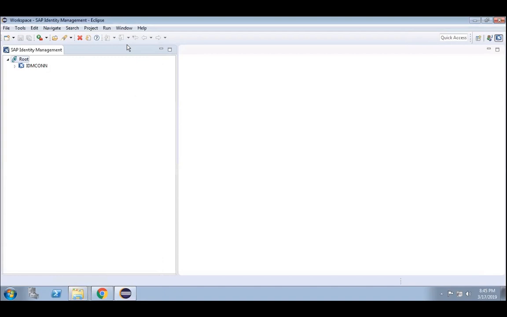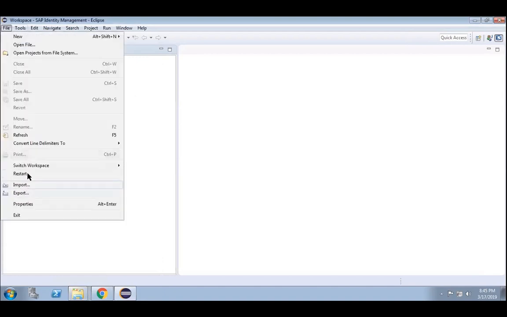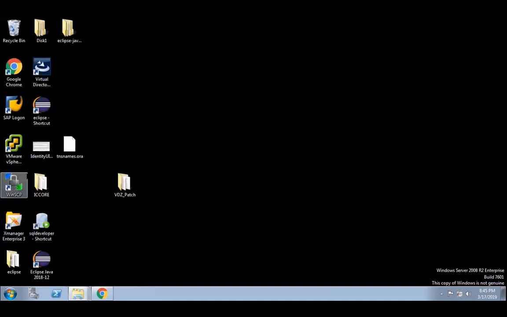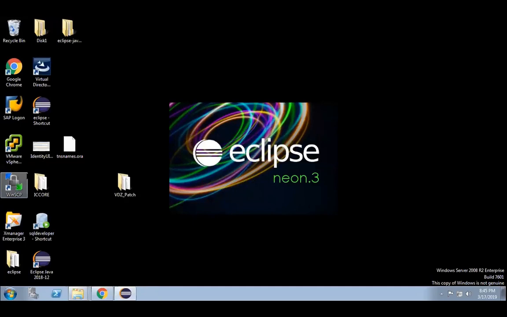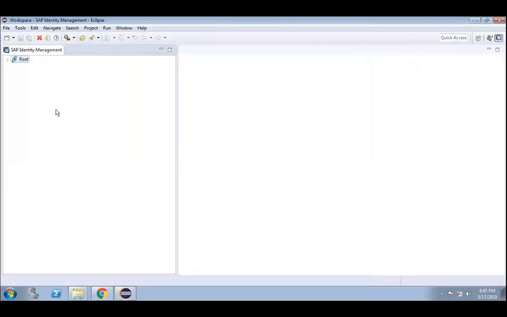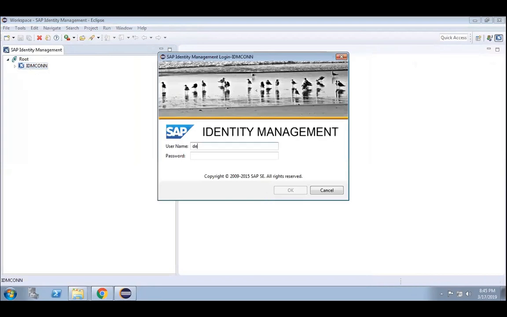Means Neon is the only compatible version for SP5. SP6, I think Oxygen is the compatible version. But mine is SP6 or SP5, what we installed? Installed is, I believe, SP5. Yeah, SP5, that is what he told me. Latest one is what? SP5 or 6? SP6. Oh, SP6 came. Yeah.